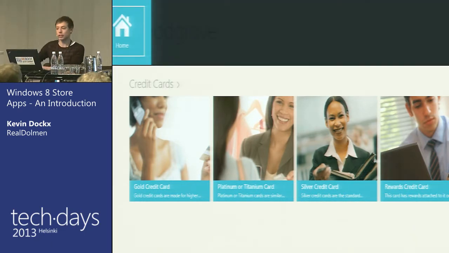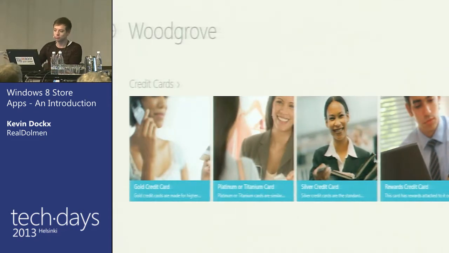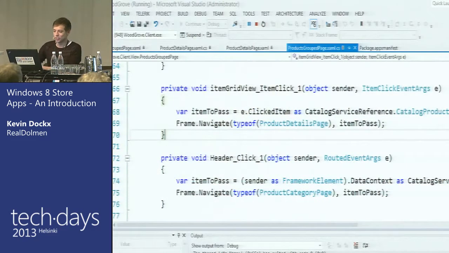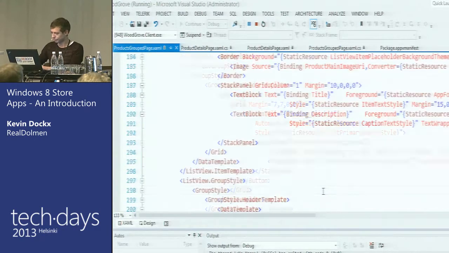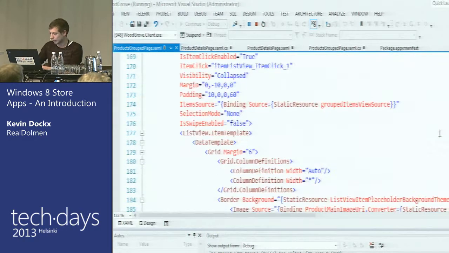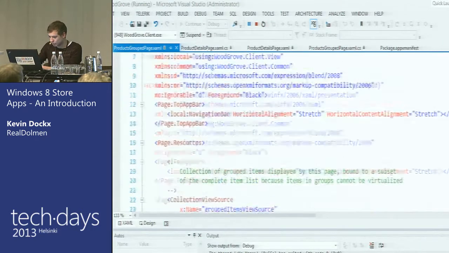That's what you get when you right-click or swipe from the top down. I have one button, home. So let's look at that. That's something you can define in XAML. So, onto our products group page. And at the top of it,